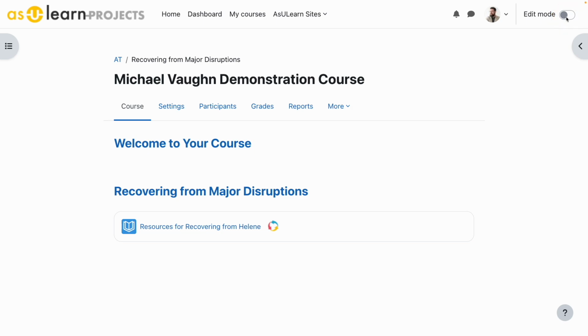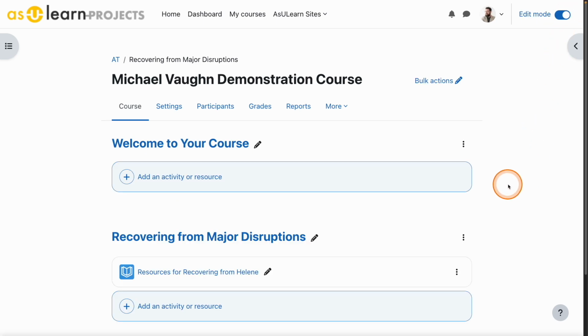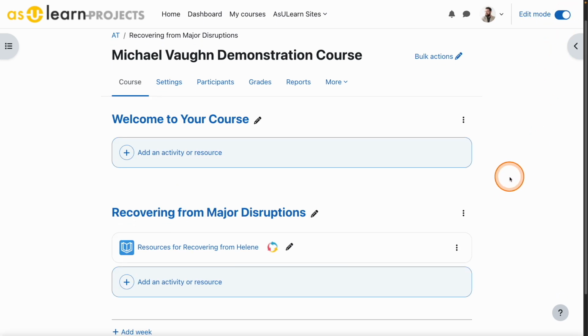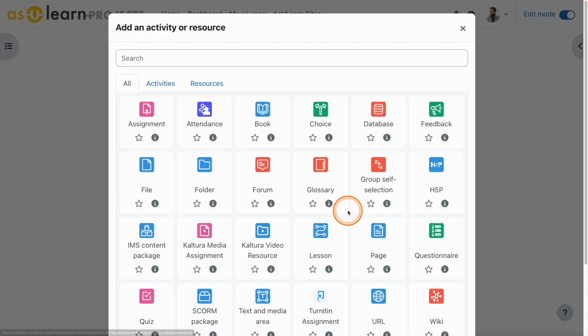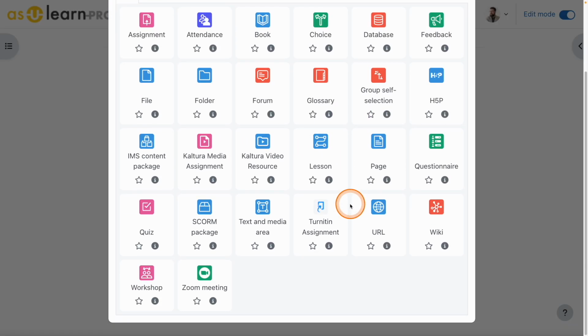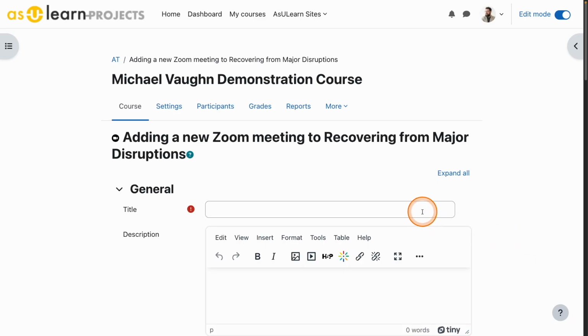But assuming you've already done that, you'll just enter your course and turn editing mode on. From here, find the place in your course where you'd like to add the Zoom activity. Then click either the plus icon or add an activity or resource to open the activity chooser. In the activity chooser, select Zoom Meeting. Like all activities and resources in AsULearn, you'll need to provide a title for this,